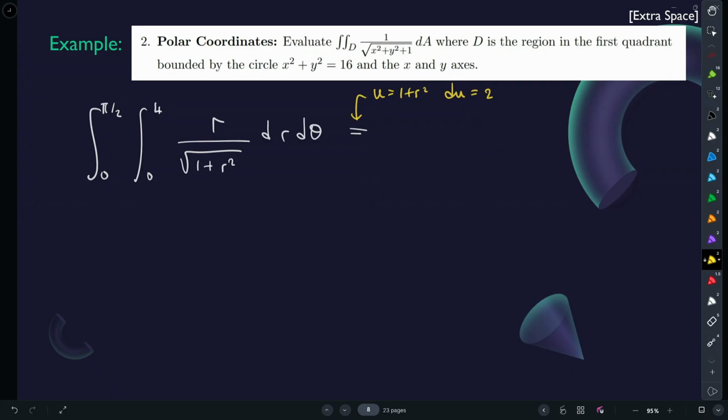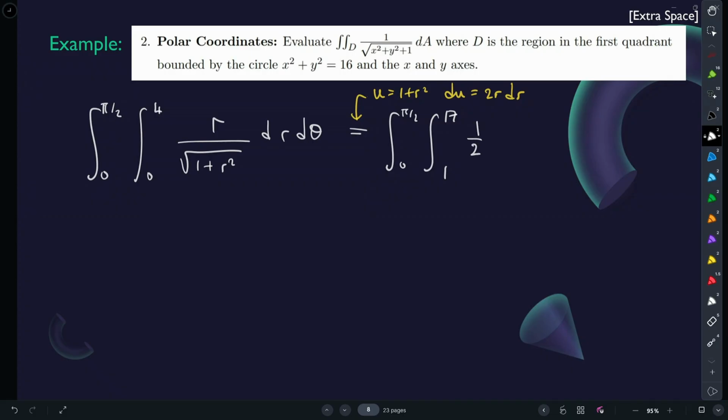Du is 2r dr. Therefore, this integral becomes, oh, by the way, what happens with the u, the values, or the limits of integration, when r is 0, u is 1. When r is 4, this becomes 17. So now it's going to go from 1 up to 17 of